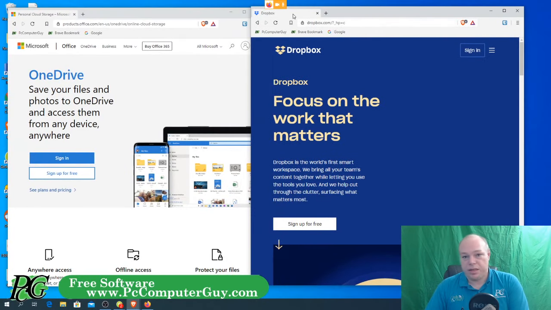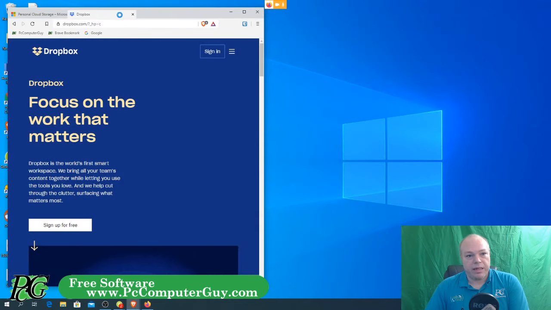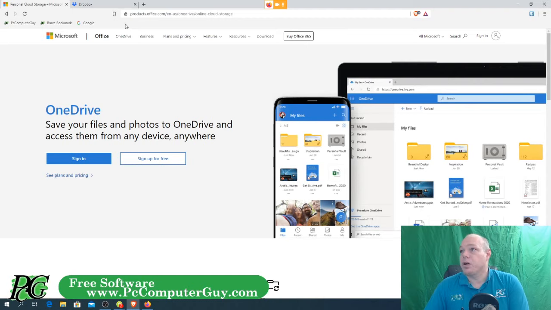Most of the browsers do that. That's called tearing. You can put them back together as well by dragging and dropping them back like that. So I'm going to go to OneDrive over here. Like I said, I'm going to create just an account here, and we'll go through the whole thing together. This will give you some time. I'll slow down just a little bit so that you have time to go through those things as well,